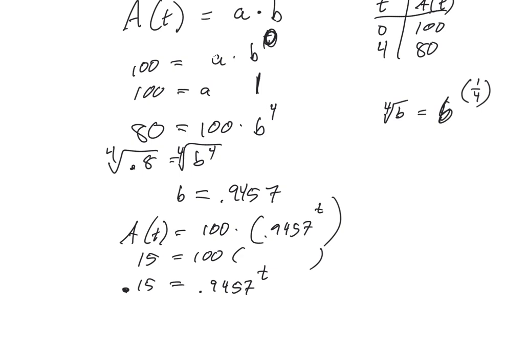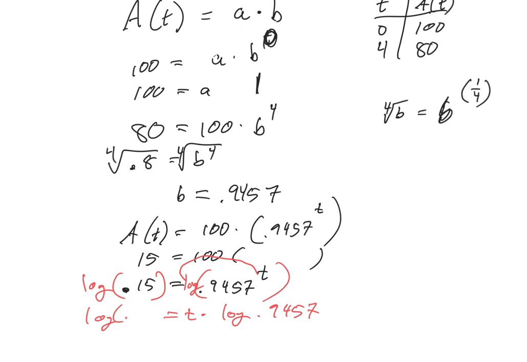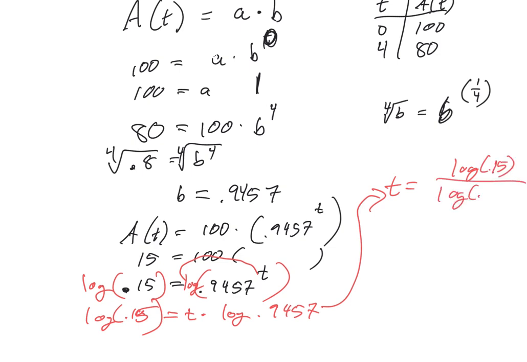Inverse of exponent functions is logarithms. A couple ways you can go. If I take the log of both sides, the properties of logarithms mean now that the exponent can come down in front, so it's going to be t times log of 0.9457 equals the log of 0.15. Those are just numbers. I then divide both sides. T is equal to log of 0.15, which you can do in your calculator, divided by log of 0.9457. If I did this correctly, T will be